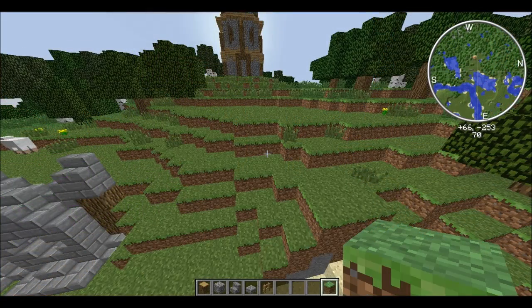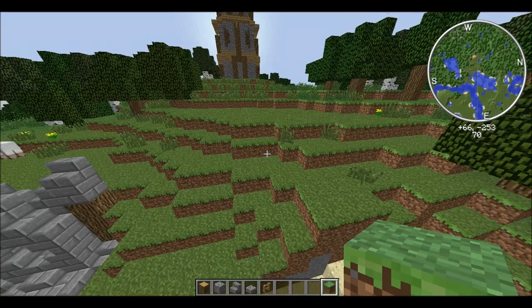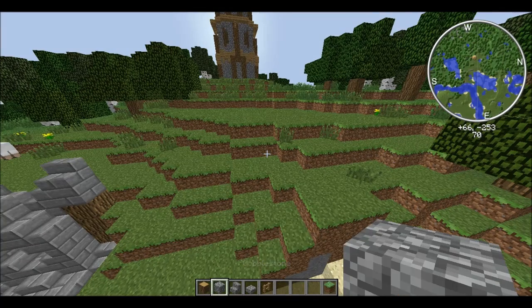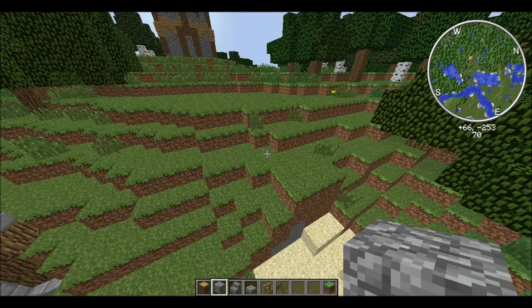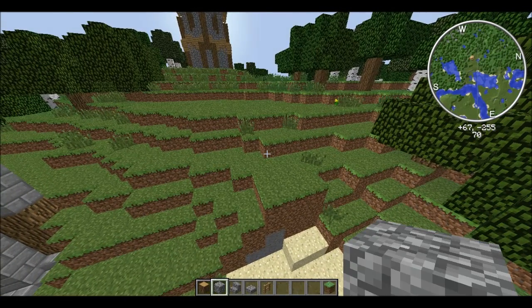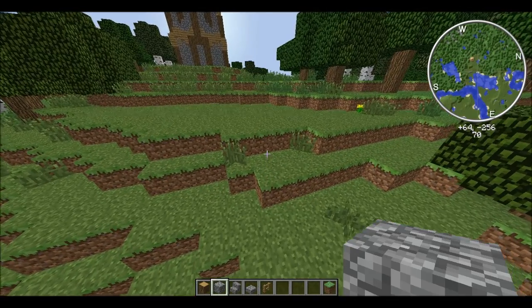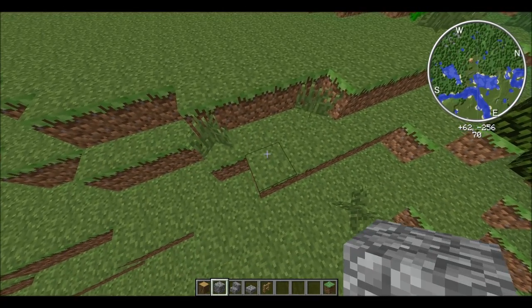Okay guys, my next wall design is a lot shorter. It's only 2 blocks tall, and this one is a landscaping wall, but it can also be used as a standalone wall if you like. And basically what you need for that is just cobblestone and oak wood fences. This one actually is able to turn really easily too because it's a little less complicated.